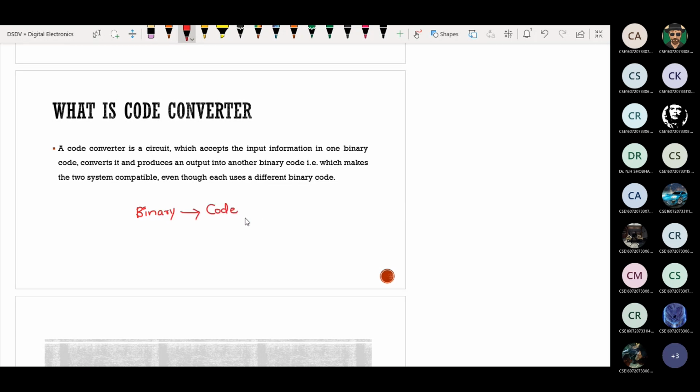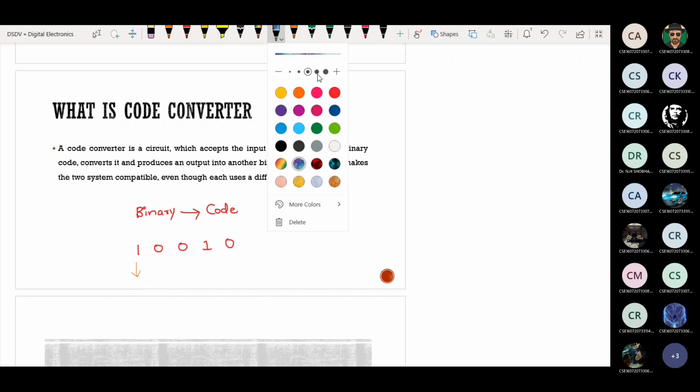Can someone give me an example of any binary code that you know? Any binary equivalent? 10010. Now convert this binary into gray code. What is the procedure to convert binary into gray?